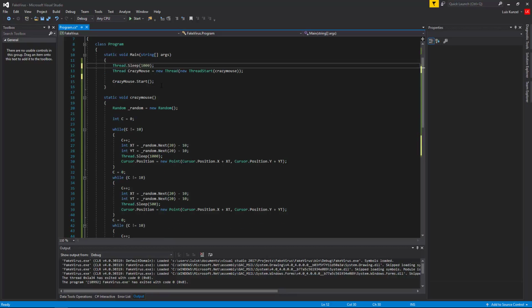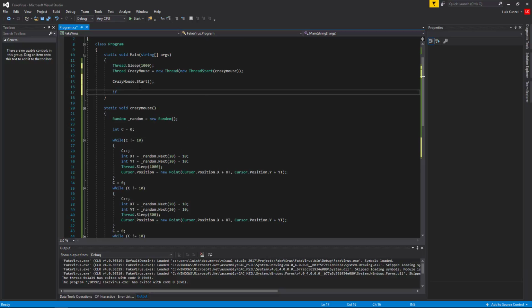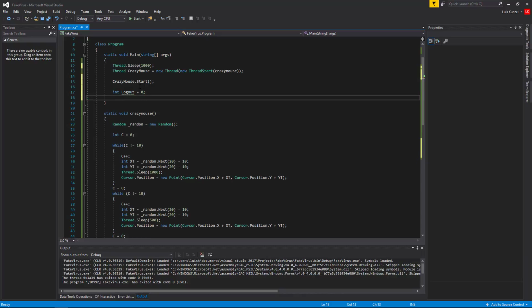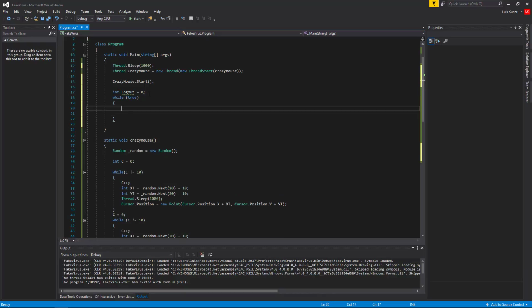Then here we will create an if statement. First we need to create an integer called logout equal to 0. We will be using the same thing as the counter down here, just we will name it logout up here to make it a bit more user friendly. Then we will create a while true loop, and inside this loop we will create an if statement stating if